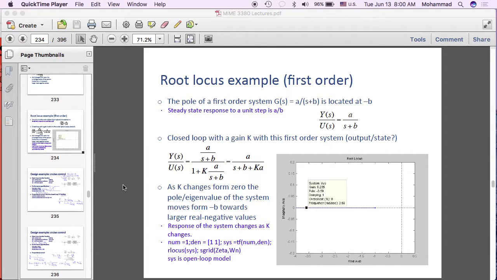Okay, let's get started. I want to start by reviewing what we did last time. So